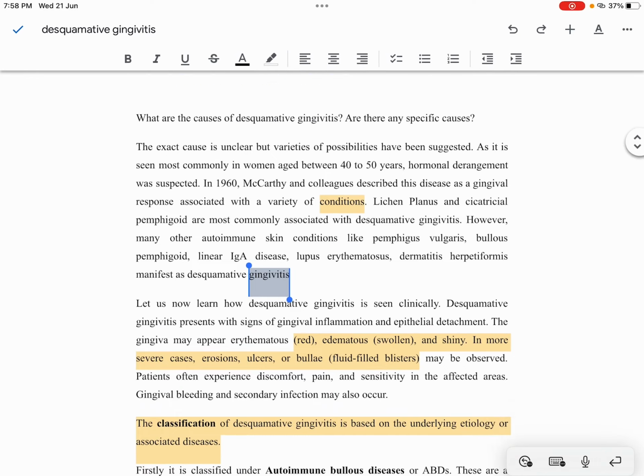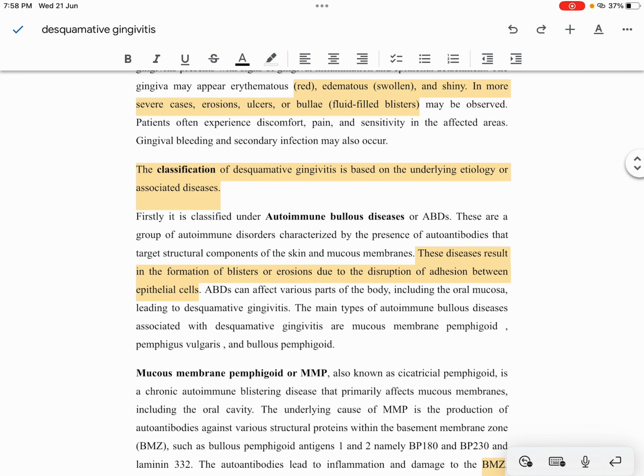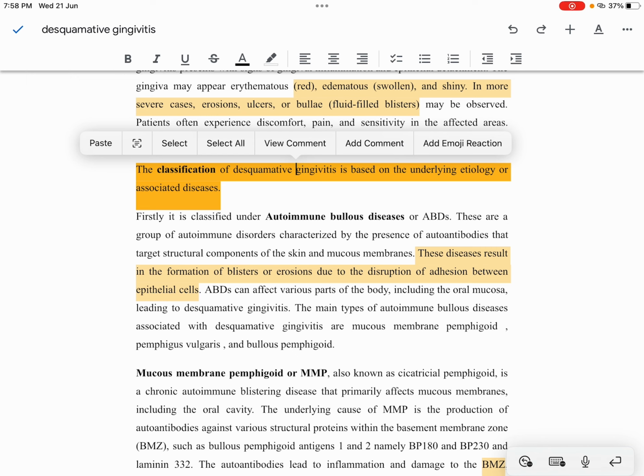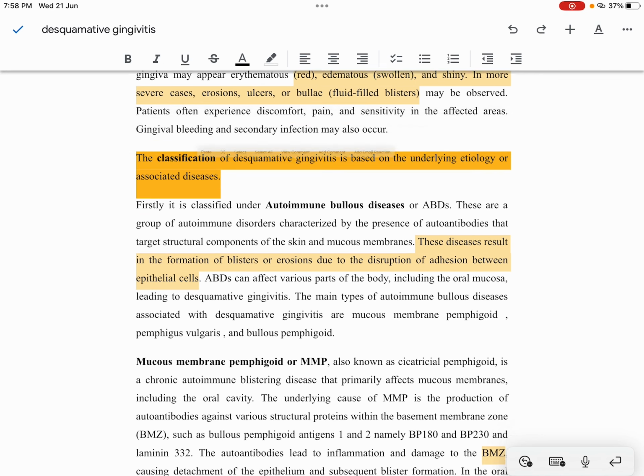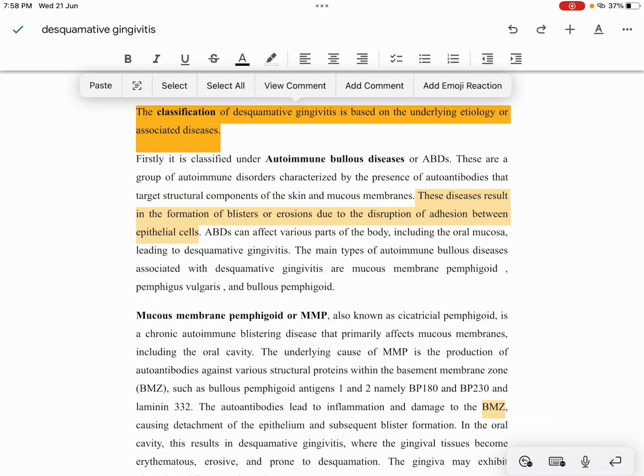Then while explaining the classification, you could have listed out the classification initially before explaining each one by one. So we would like you to include the list, or you could have first of all, as a summary, explained the various conditions first, then coming to the individual conditions.